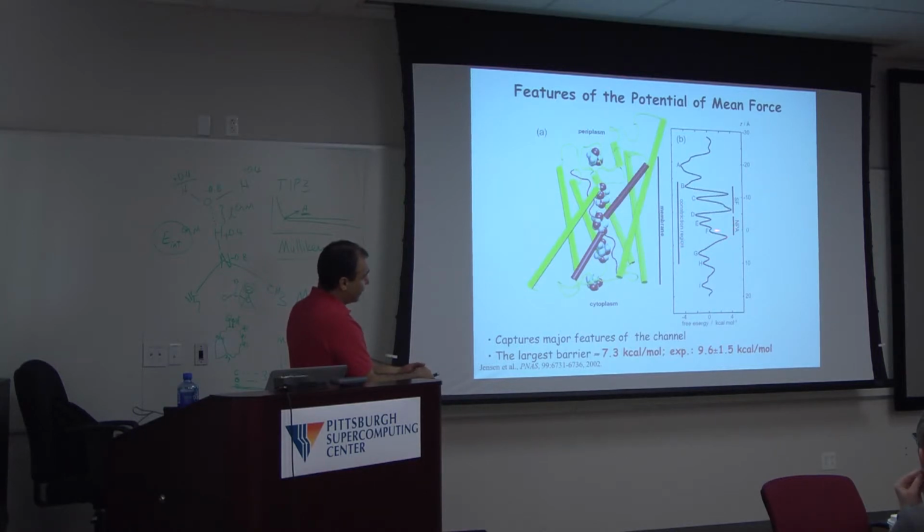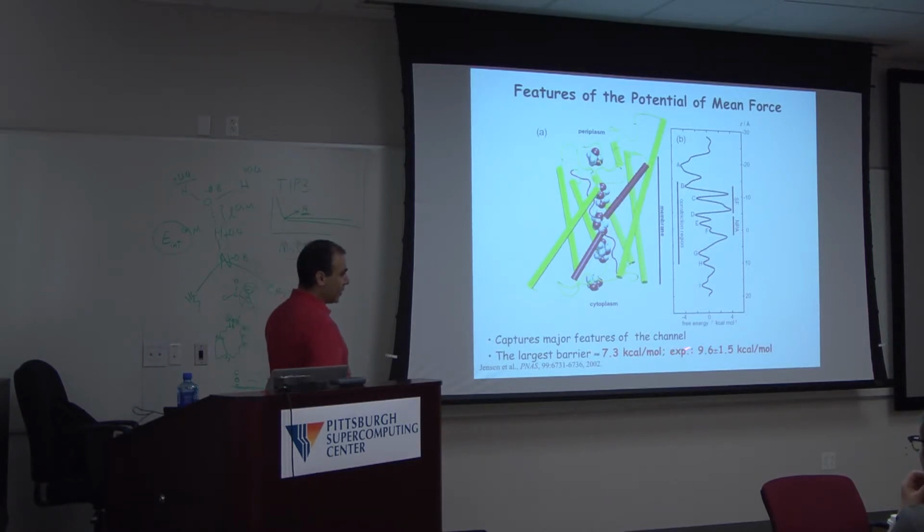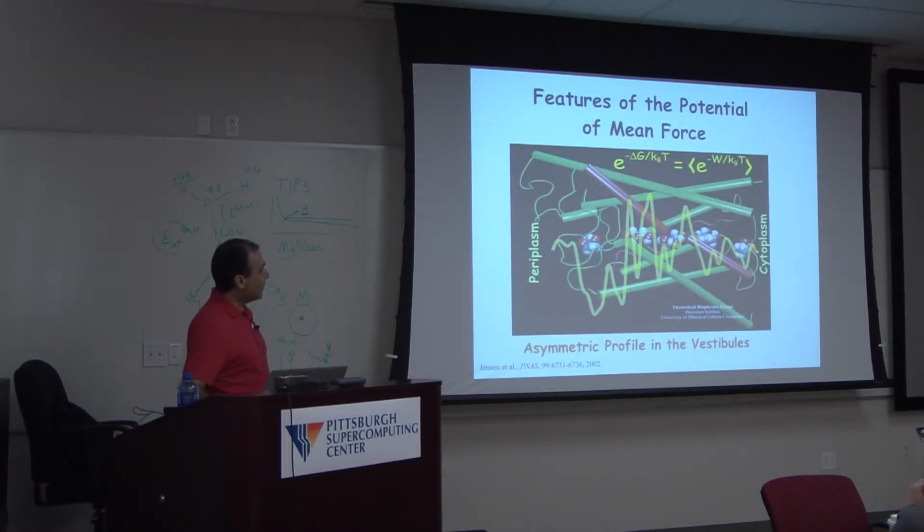And then we have another one after the NPA motif, which is the sort of major binding site. The largest free energy barrier we get is about 7 kilocalories per mole, which is surprisingly good because we had only 4 trajectories here. I almost don't believe it. The statistics is not enough here, but maybe we got lucky. So we get 7 kcal per mole, and the experimental estimate of the energy is about 10 kilocalories per mole. So it's nice, but again, just remember that there is a way to connect non-equilibrium